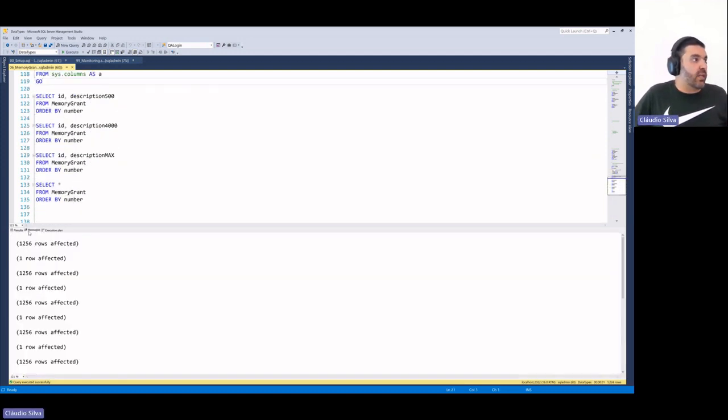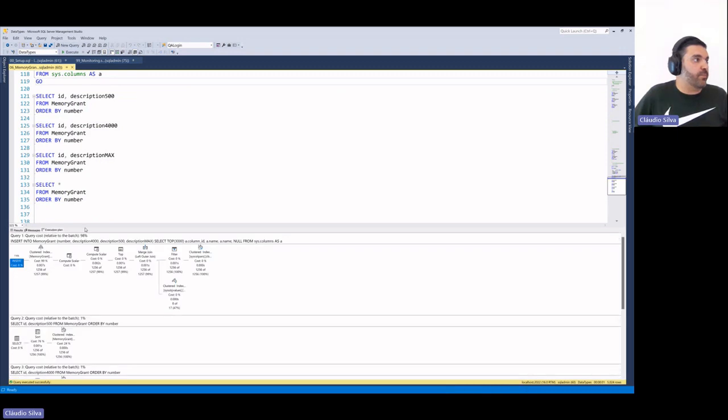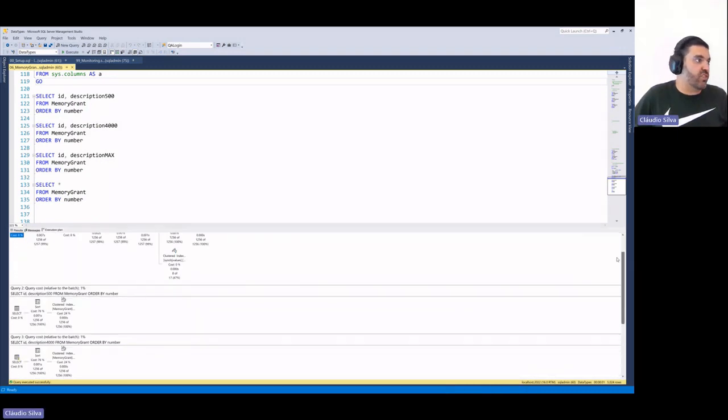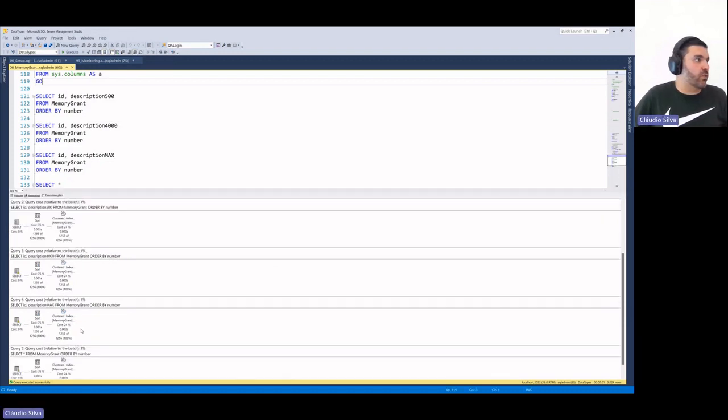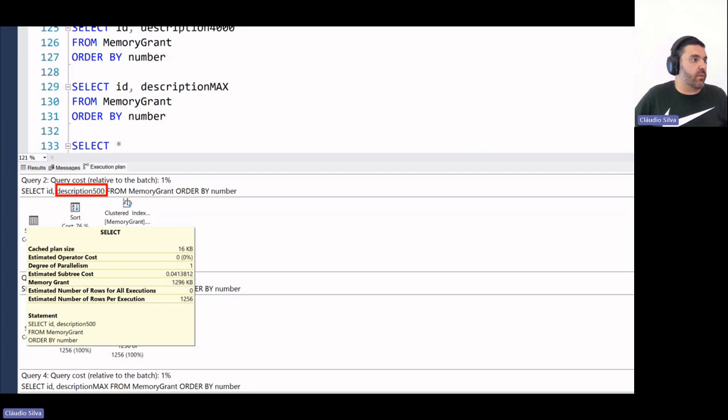So what can we see here? If we skip this first one, which is the insert, let's see these 3, actually 4 queries. In the first one, which is the description 500, I can see that SQL Server decides to request 1.2 megabytes, more or less, for a memory grant, because I'm doing some order by.